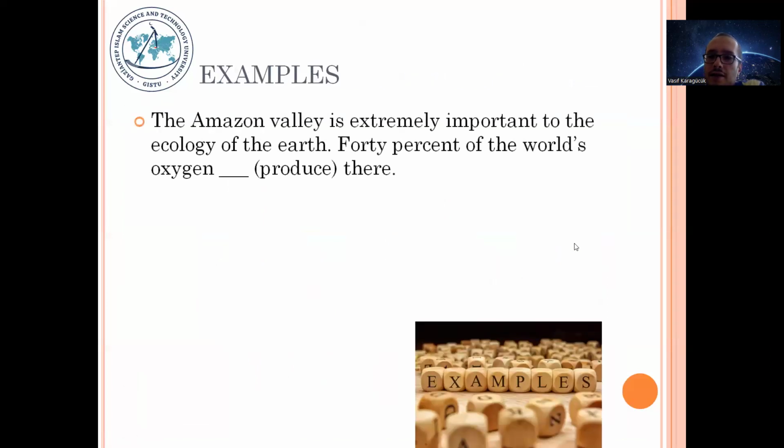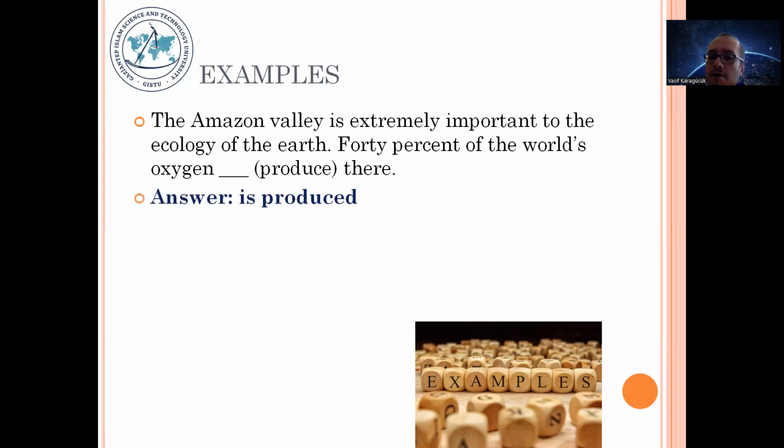Let's have a look at this example. The Amazon Valley is extremely important to the ecology of the Earth. 40% of the world's oxygen there. As you can see, I have to use simple present. And in simple present, I have to use be, in other words, am/are, and the past participle. So the answer is